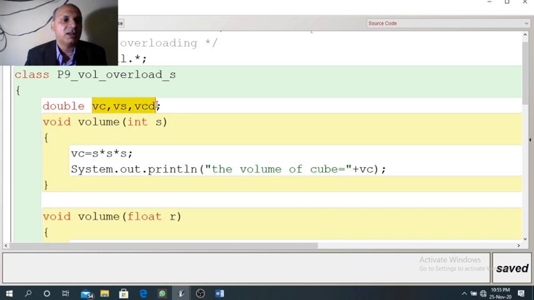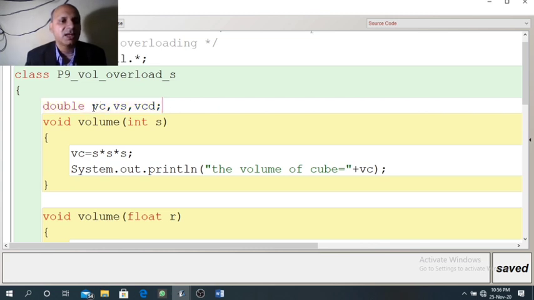So we have declared three variables: Vc to find volume of cube, Vs to find volume of sphere, Vcd to find volume of cuboid. These three variables are declared before the method or after the method, but inside the class. So these are instance variables.